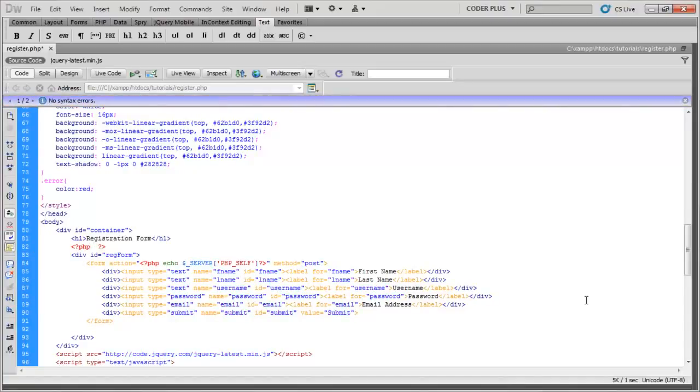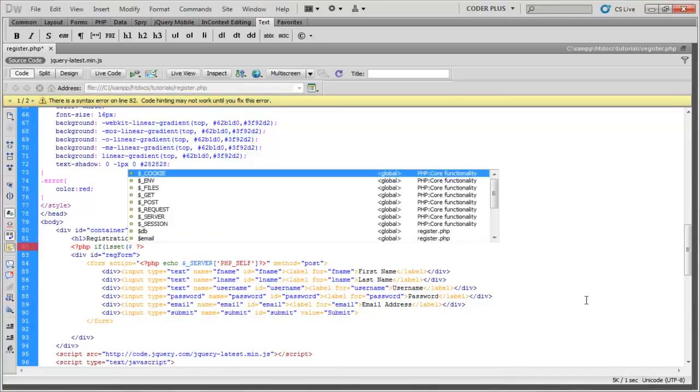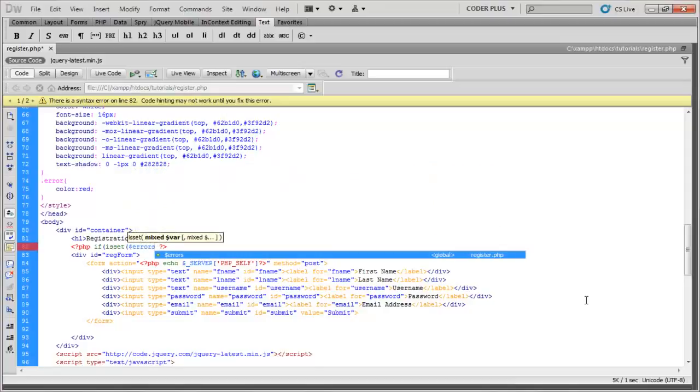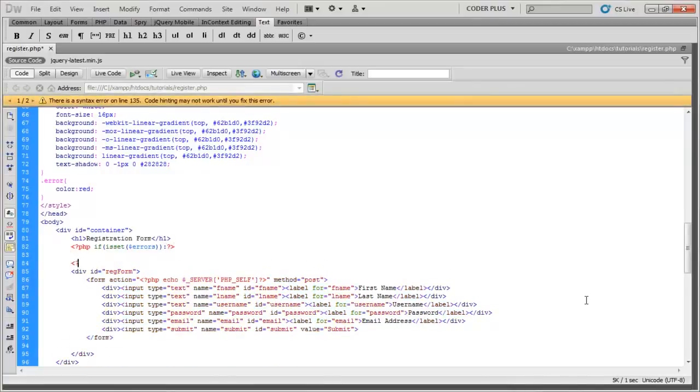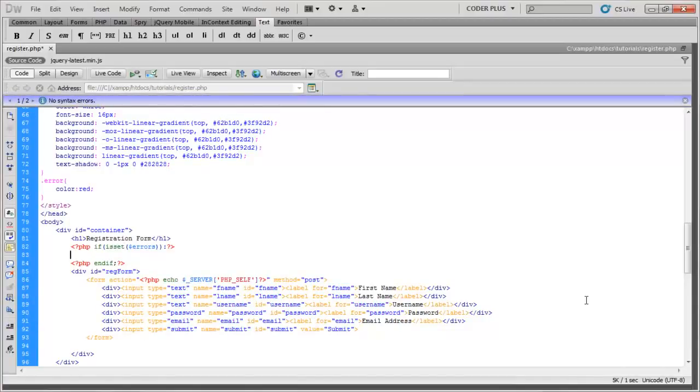We're going to perform an if statement. We can do if isset errors, okay, and then we can do colon. Then we'll do endif here. So if the errors variable is set, which is an array, we're going to go ahead and create